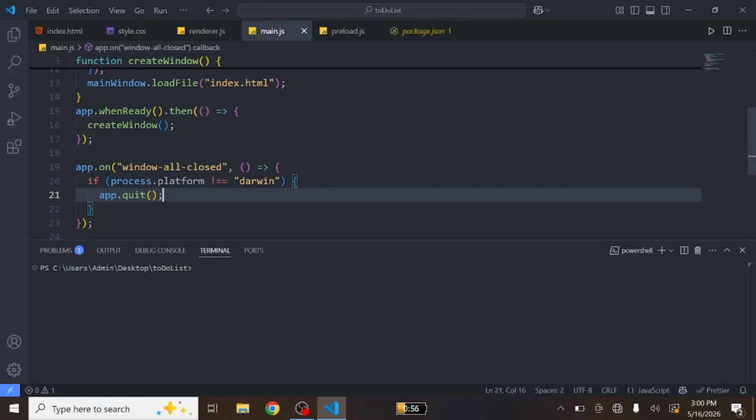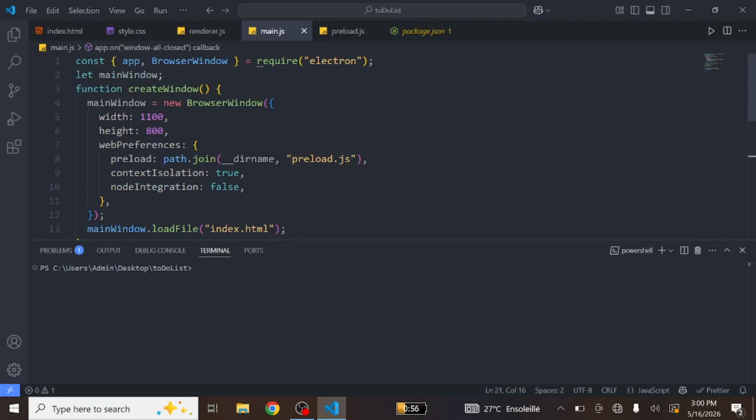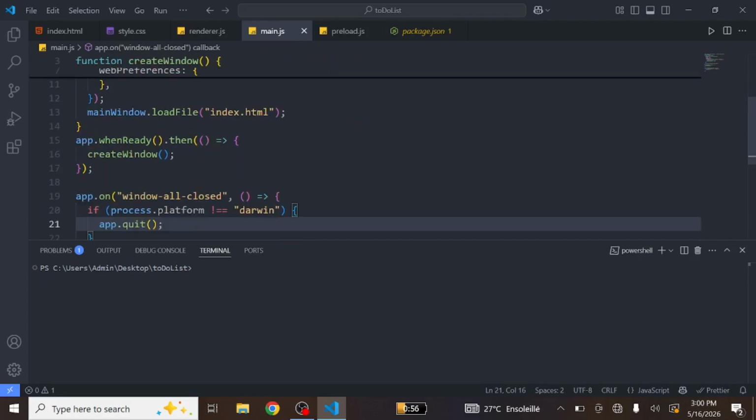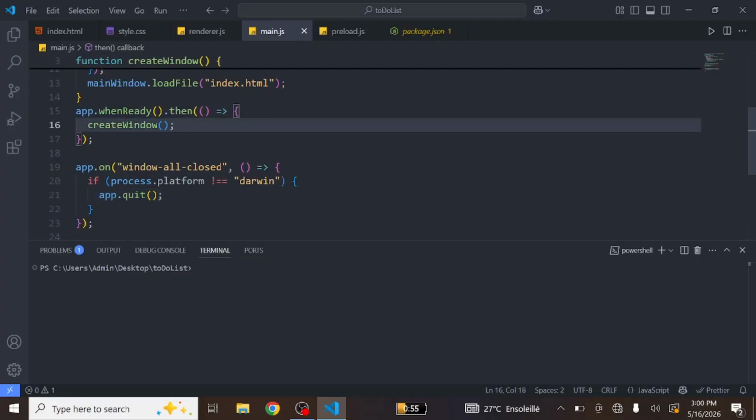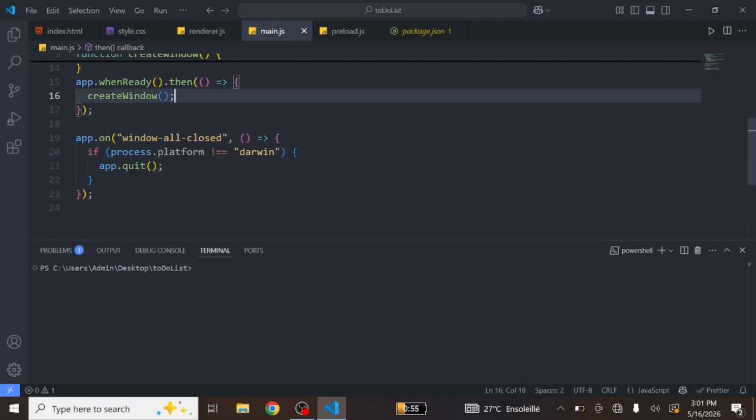Yes. Then in our main window, dot load file will load the index.html, this file. We want when the window pops up to contain this index.html file, and app dot when ready, we call the function which we already created here. We want when Electron is ready to call this function, and this function will create a window. And finally,